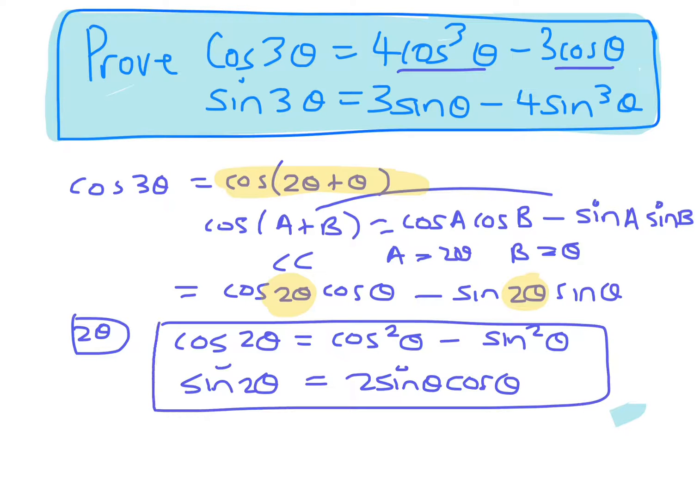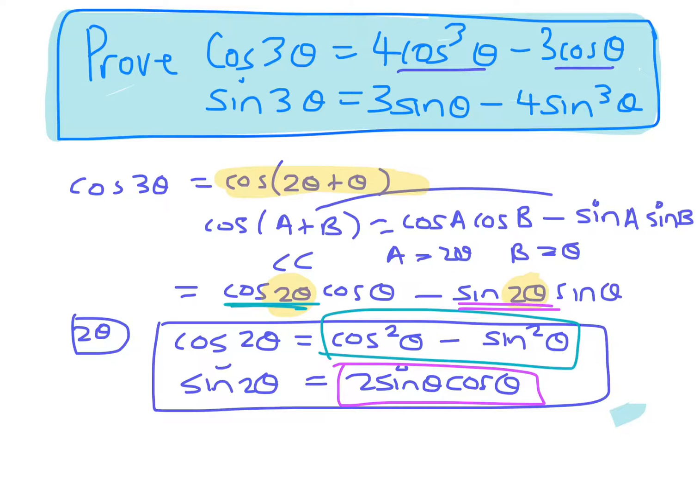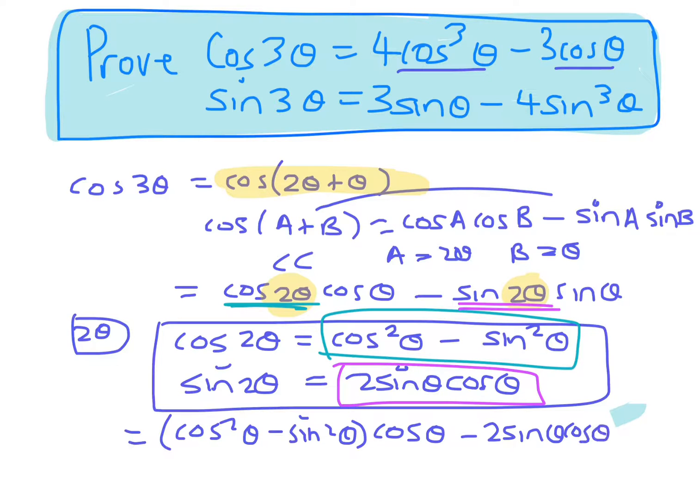Okay, so let's take the cos 2 theta and replace it with cos squared minus sine squared, and take the sine 2 theta and replace that with 2 sine theta cos theta. So cos 2 theta would be cos squared theta minus sine squared theta, and because there's two terms you'll need brackets. Then times cos theta, minus the sine 2 theta, which is 2 sine theta cos theta,